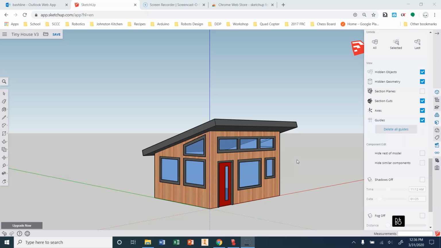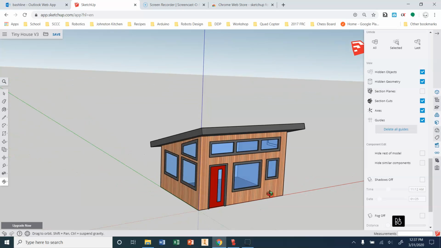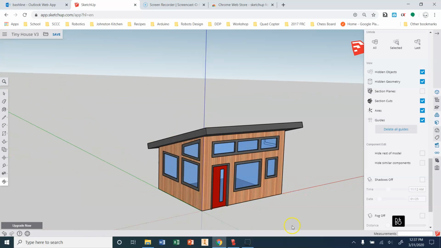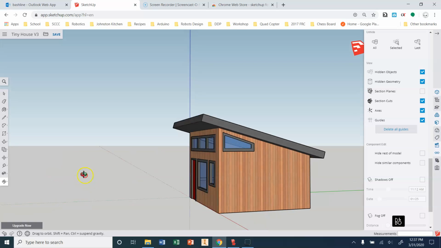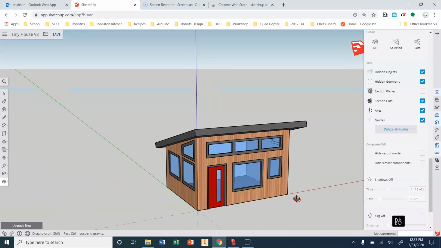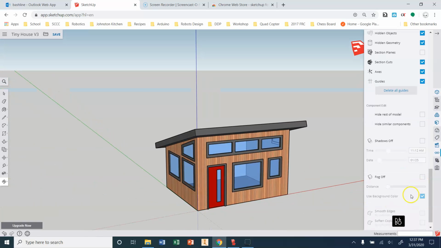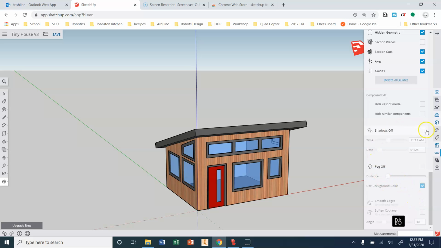But if you go back to my video before my PowerPoint, this is basically the exterior of the home that I'm designing here. A cool thing about this program, a lot of cool things about this program, is that creating this is pretty simple to do. We've got a lot going on here. The other thing that's really neat, and we'll talk more about this later on, is that we can actually turn shadows on